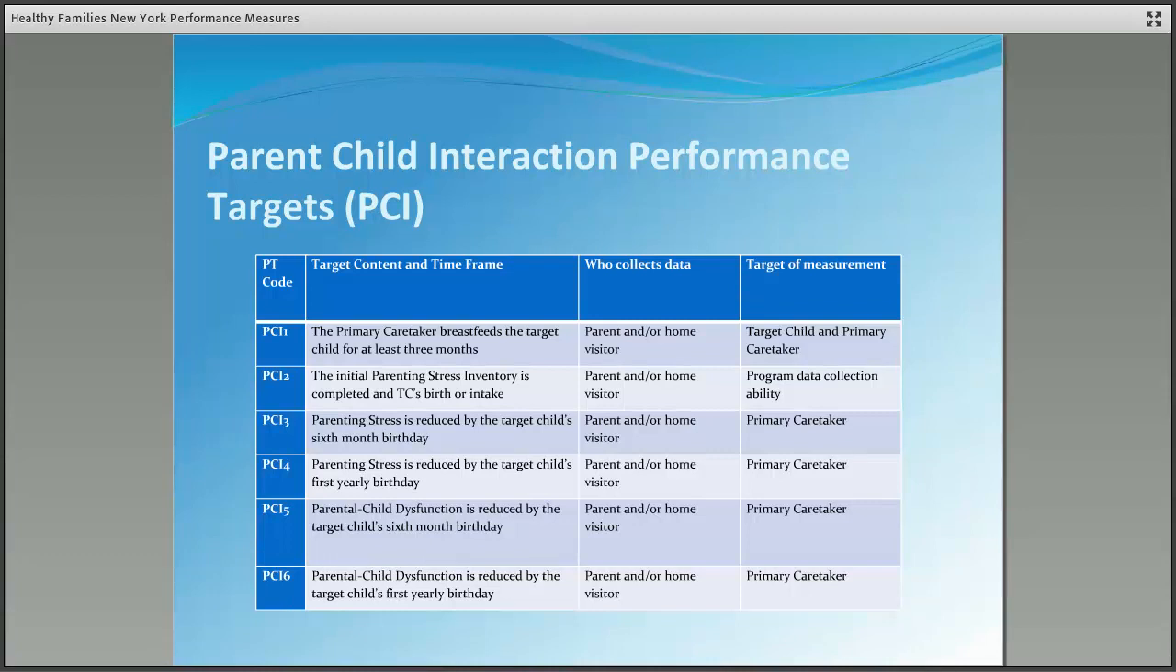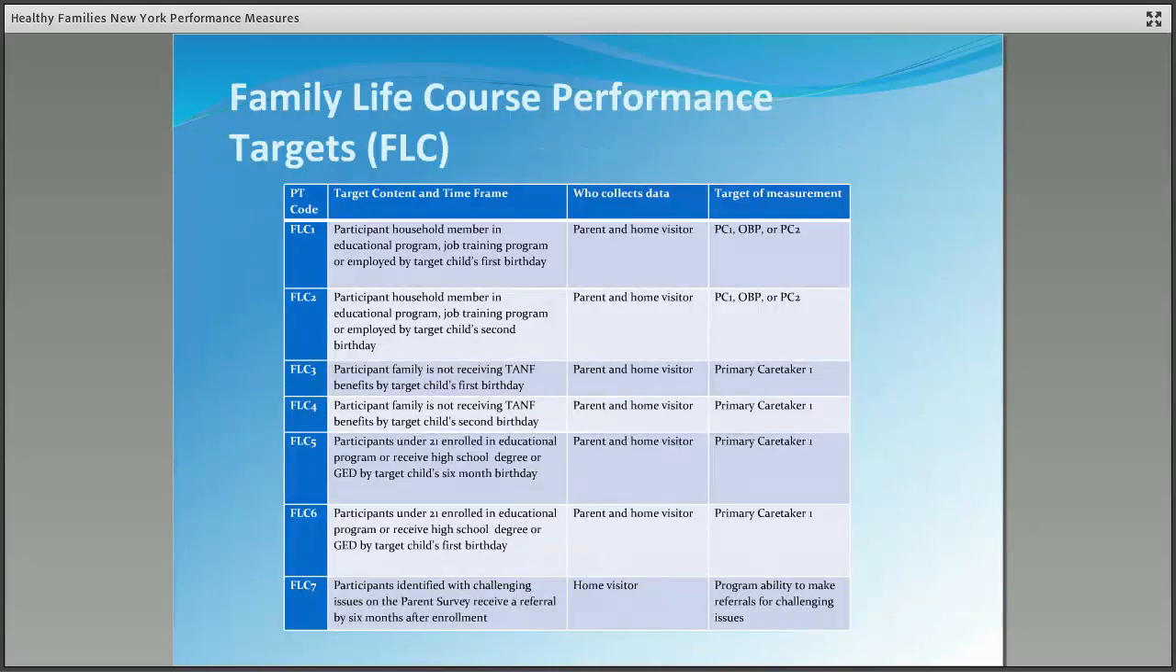Finally, performance targets PCI 5 and PCI 6 act just like the previous two PCI targets, except they start with high scores in one of the subdomains called parent-child dysfunctional interaction, and look at the 6-month PSI and then the 1-year PSI. Again, we will be talking more in depth about each one of these targets when we get to the 3rd session. So let's move on to the last area of the performance targets,